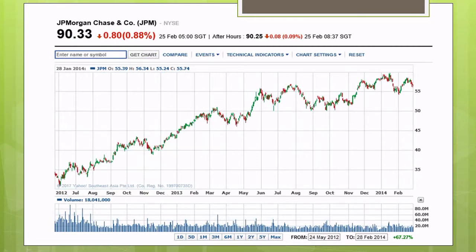So to start this lesson off, I want to show you a chart of JP Morgan from 2012 to about 2014. Now here you can see that JP Morgan was trading at about $30 a share in June of 2012, and it went all the way up to almost $60 a share in January of 2014. Now if you had got in on this move, you would have made almost 100% of your initial capital. So if you had put in $10,000 and bought JP Morgan, at the end of this uptrend, you would have